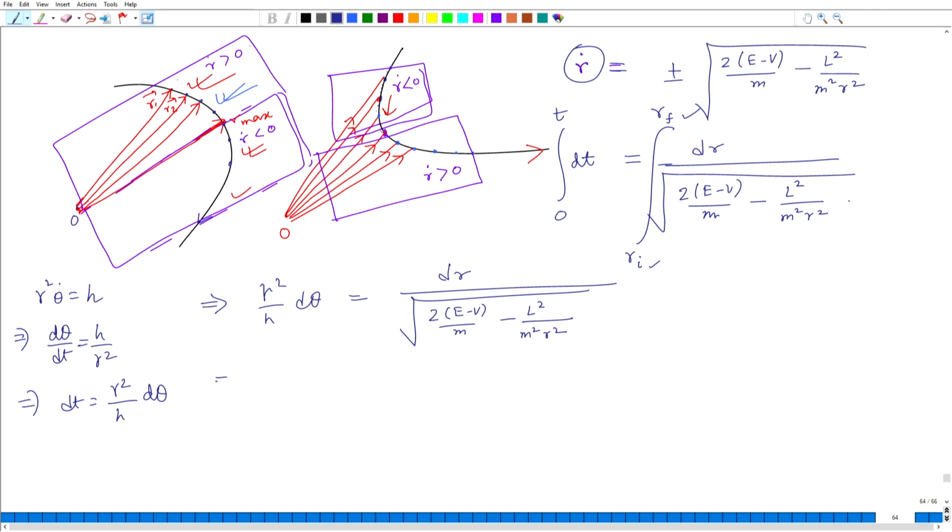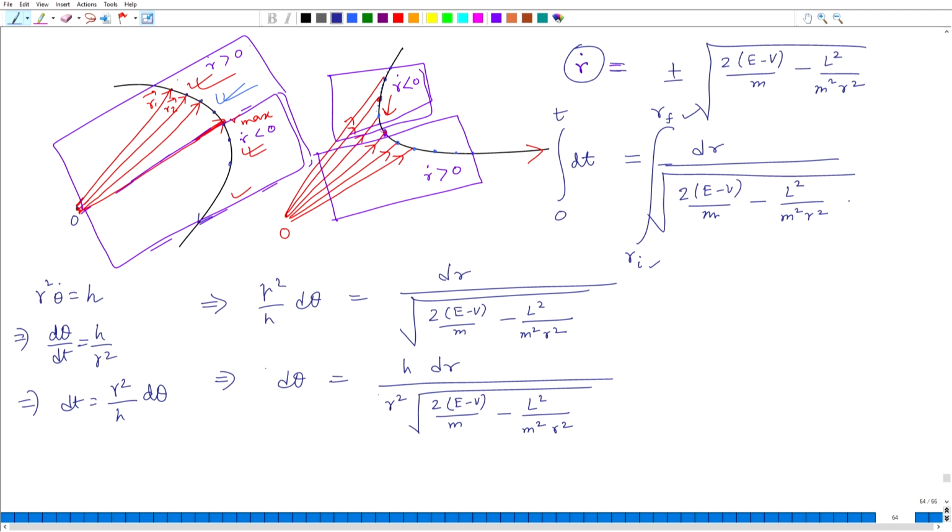Then by doing this you can have h dr by r square over that, which makes the integration a little bit complicated,